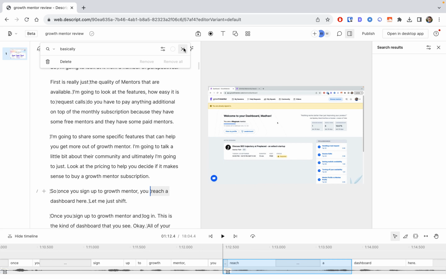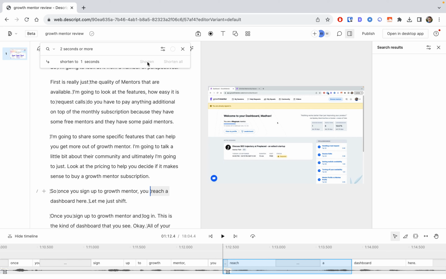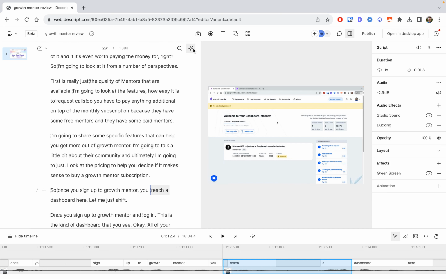All right. Now, within Descript, you can also shorten word gaps. So anytime there's a gap, maybe of more than 1 or 2 seconds, right? It can cut that out, right? So it makes the video short and succinct, right? So I've already done that in here. You can experiment around with it. You can also remove filler words, right? So it automatically has a library of filler words and removes those. So, basically things like that, it will remove those. And yeah, that's basically the heart of Descript, right?